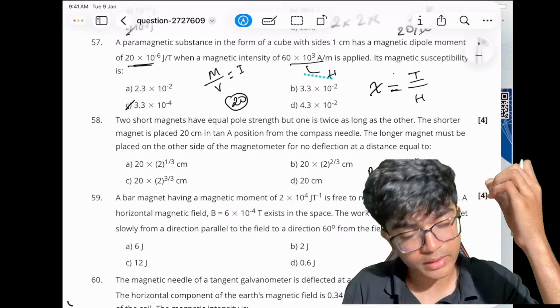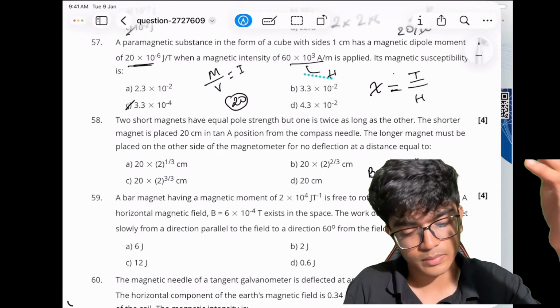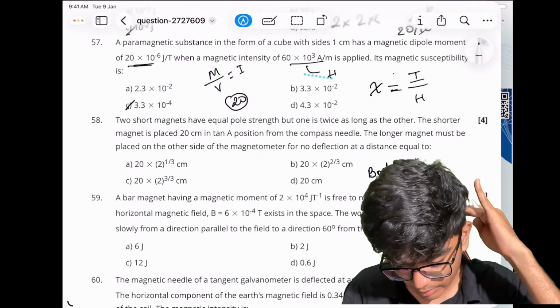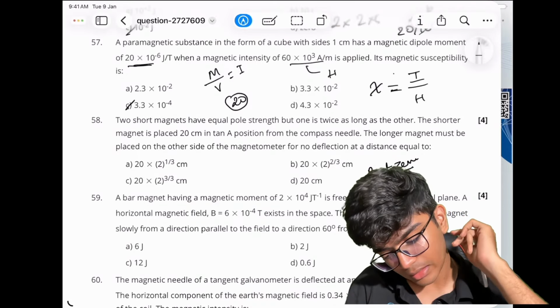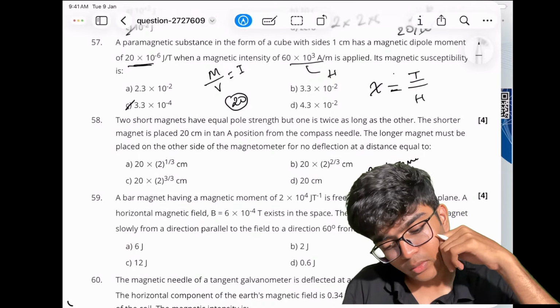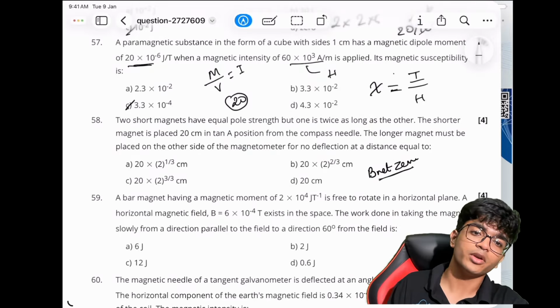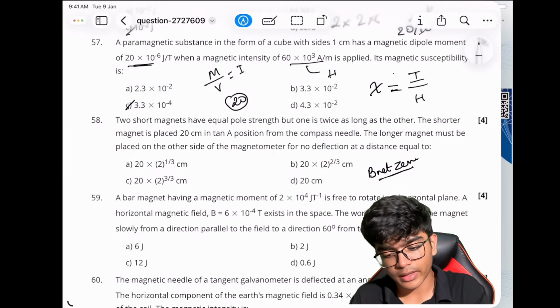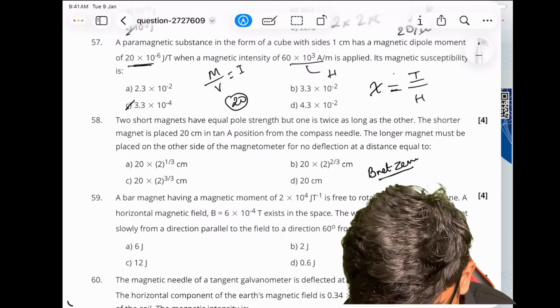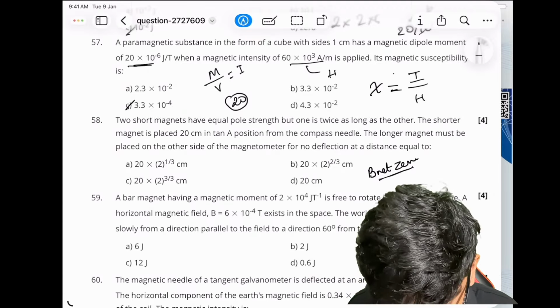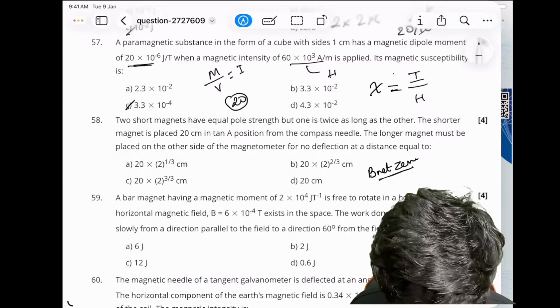Equal pole strength, so m into 2l is my dipole moment, correct? One is m into l, and the other is m into 2l. If the l magnet were placed at a distance of 20 centimeter, then the 2l magnet should be placed at a distance of